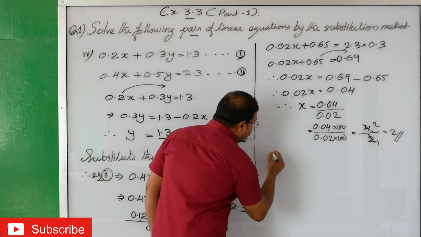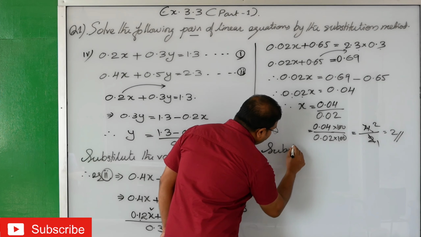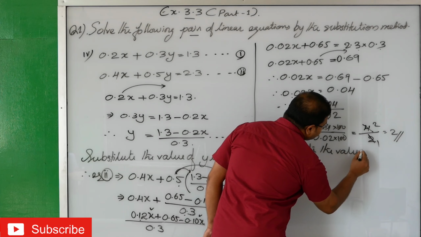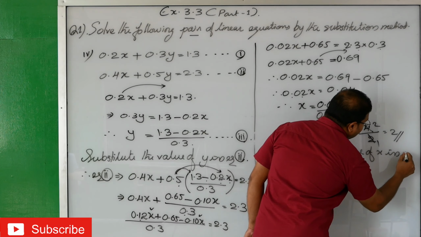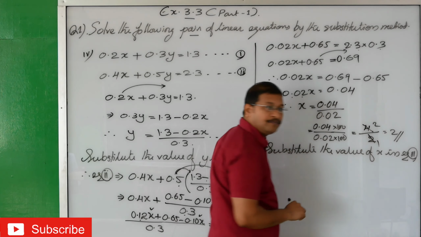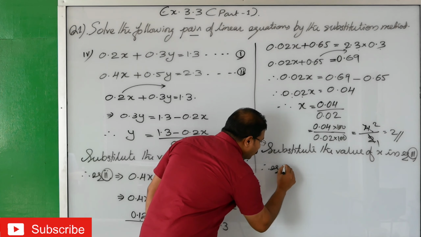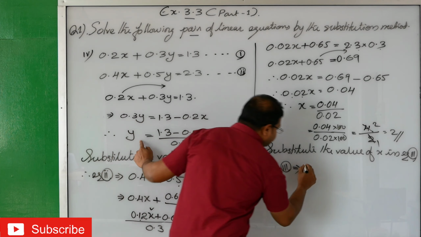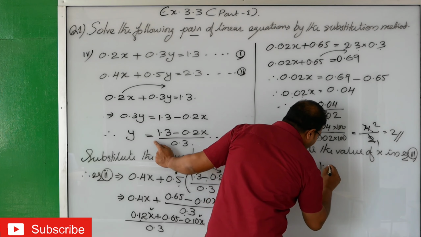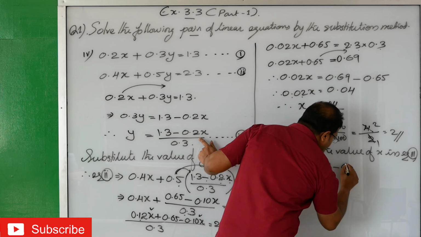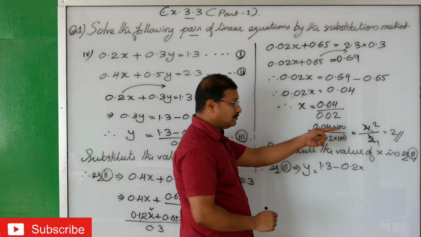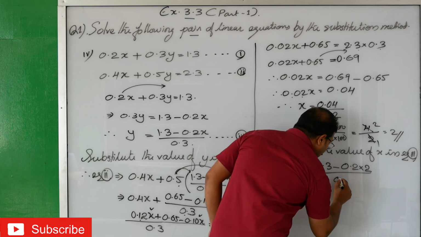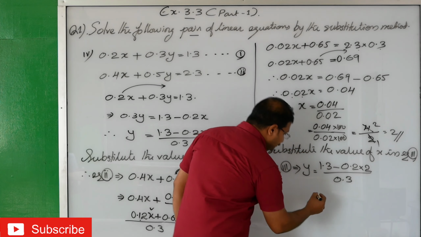Ready? So we'll substitute the value of x in equation 3. Therefore, equation 3 implies, what is the third equation? y equals 1.3 minus 0.2 into, in place of x, what will you write? 2 will be written. Divided by 0.3 equals